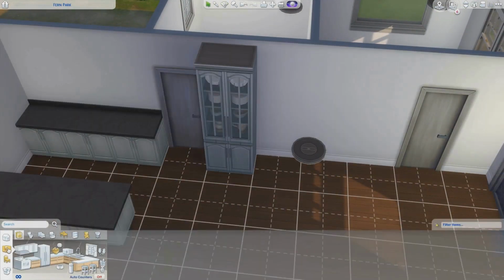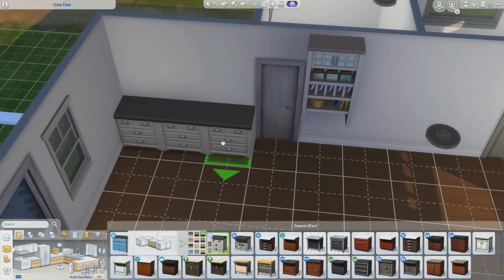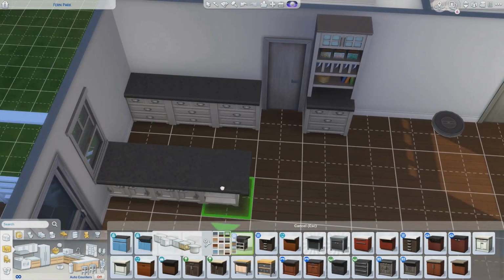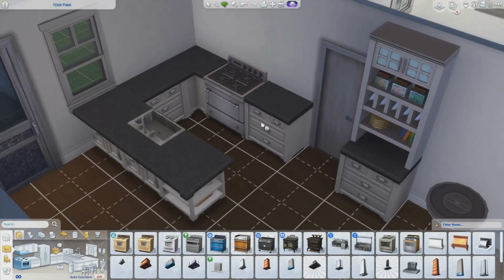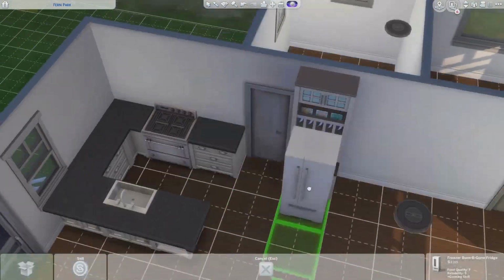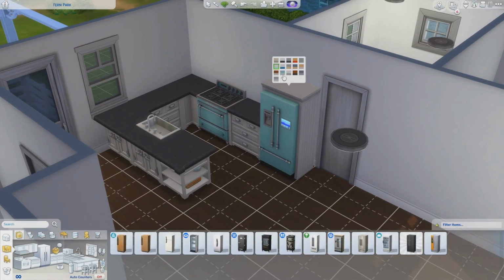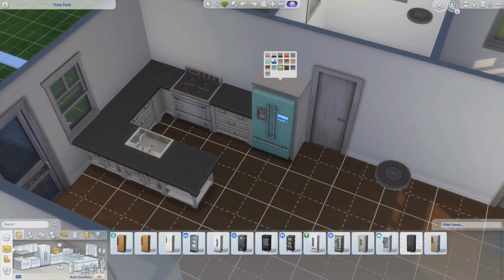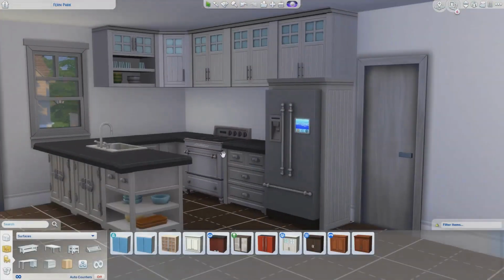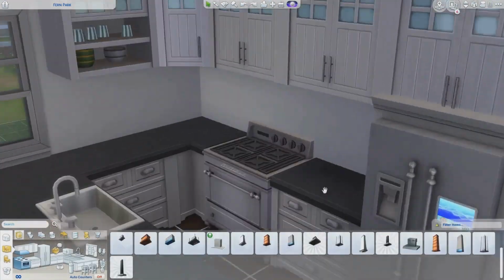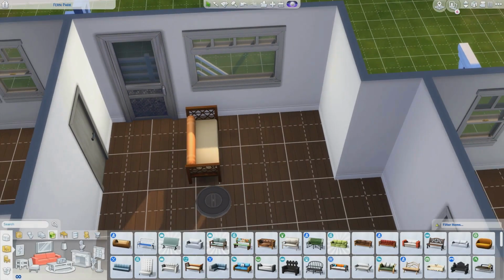At the start I was going to use some traditional counters with old looking, simple stoves that aren't ultra modern looking, but in the end I decided to change it into the ones from Parenthood, and I used a couple of the Parenthood appliances which are slightly more modern looking, especially the fridge, because it's got its own little digital screen on it, which is quite luxury if you ask me. And I do add some stools and bits of clutter down the line, but it's a really small kitchen. Probably one sim would be able to fit in here at a time,